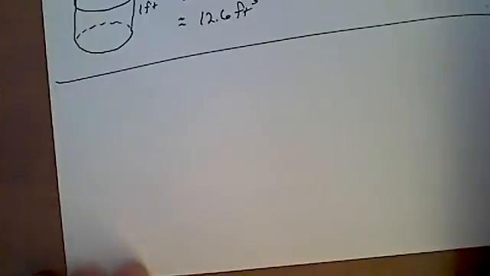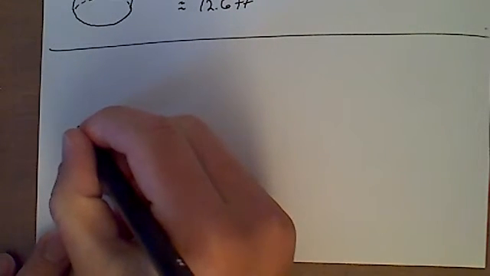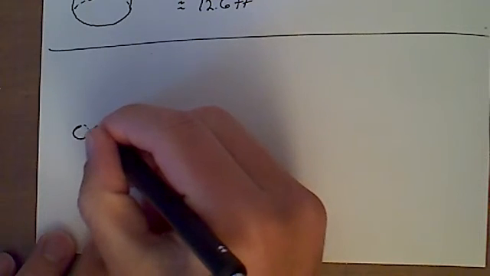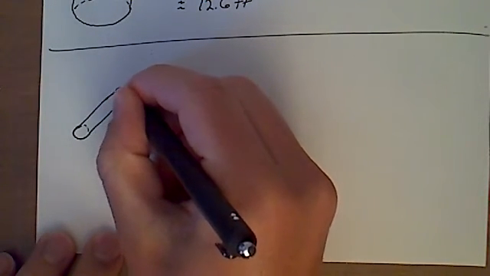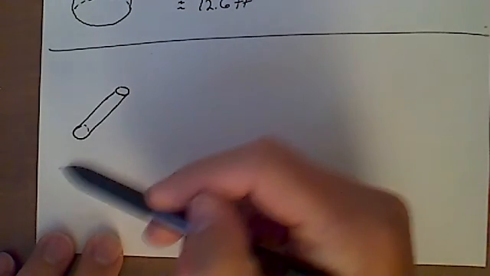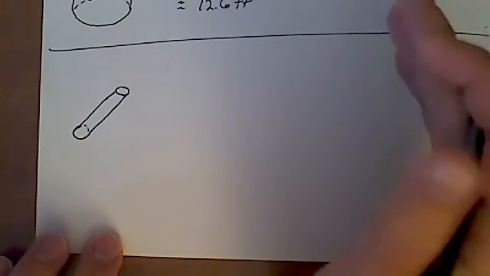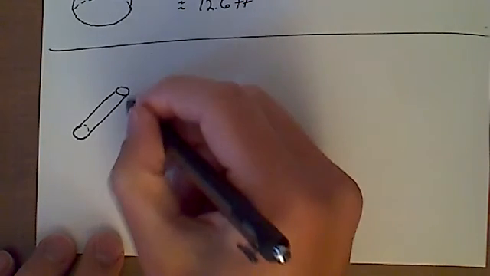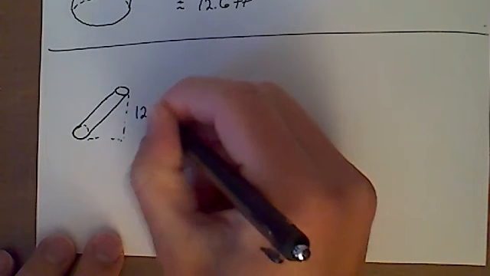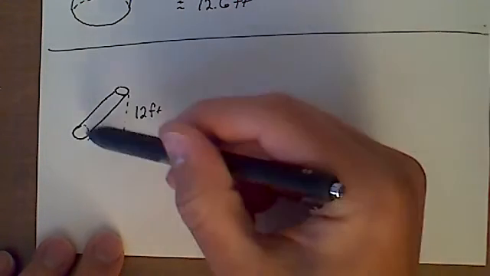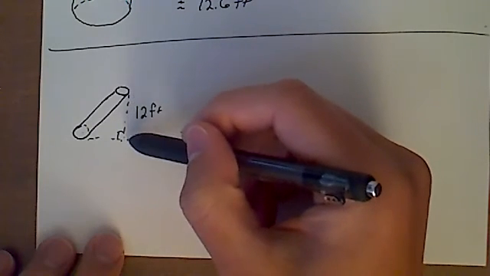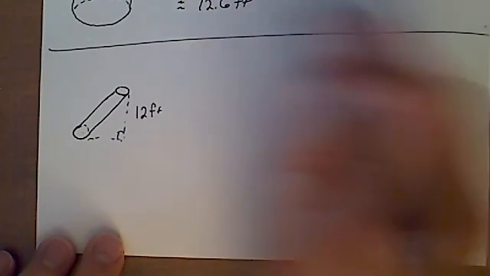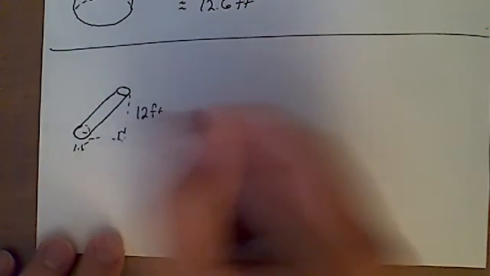And I have plenty of room, so I'm just going to go below here. And finally, I'm going to do the best I can with this, though arguably, it's not going to be perfect. This is supposed to look slanted, so it's supposed to look like it's not standing straight up. In fact, maybe to help us, this base is flat on the surface here. This base is parallel with it. And what is its height? Well, its height is 12 feet. And then it's going to have a 1.5 foot